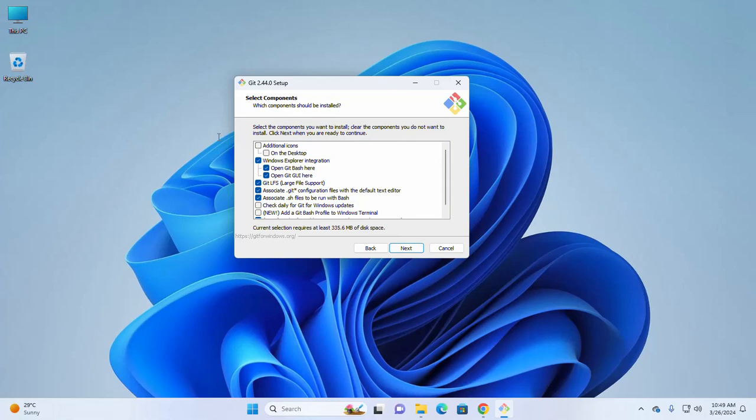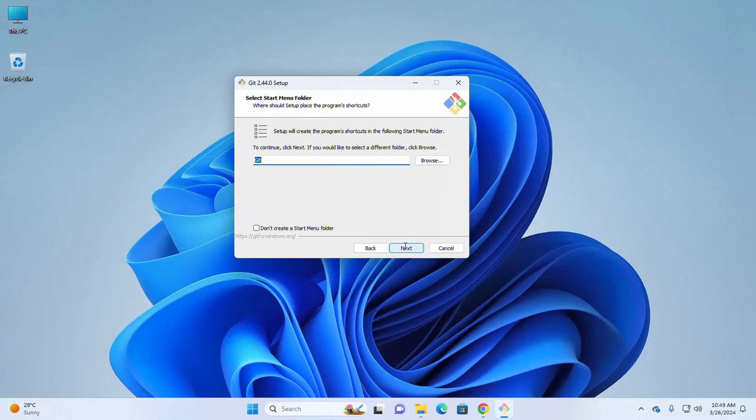Now select the components you want to install, or clear the components you do not want to install. This is the default selection. I am going to leave this option, so click on Next to continue, and also select the Start Menu folder. If you do not want to create a Start Menu folder, check this box, otherwise uncheck,